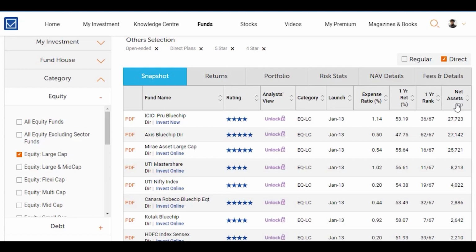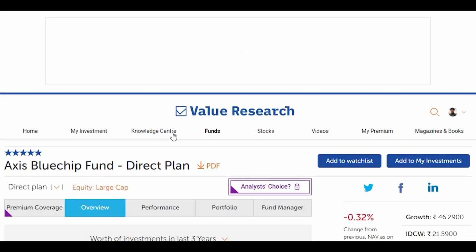So here you can see that barring the first three, the following mutual fund schemes have a lower AUM as compared to the first three. So I'll exclude them from the final list of the schemes. The next parameter that I compare is of the expense ratio. In case of expense ratio, you can see that the first mutual fund scheme has a comparatively higher expense ratio as compared to the other two. So I'll exclude this as well. So only two remain, which is the Axis Blue Chip Direct Mutual Fund and the Mirai Asset Large Cap Direct Mutual Fund. So let's study the Axis Blue Chip Direct Mutual Fund.